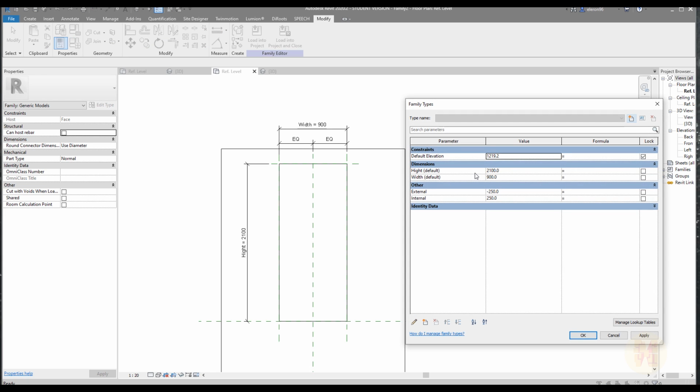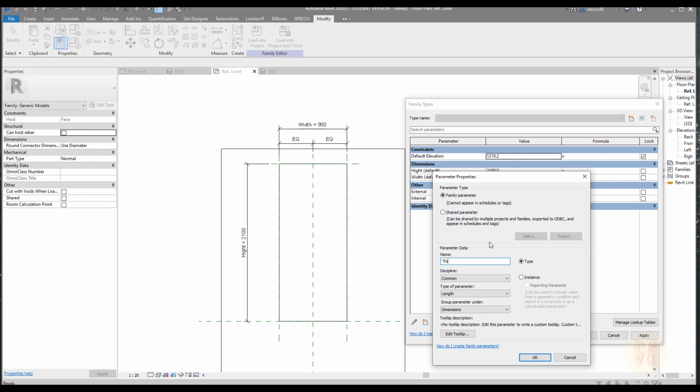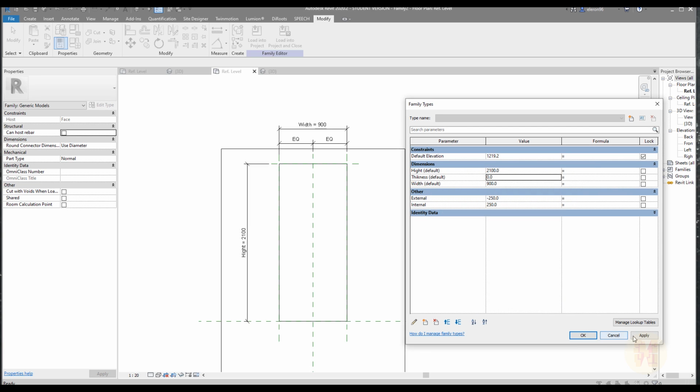So let's say our thickness, I deleted the parameter, and it will be instance. Let's say apply. Let's place it here. Let's say our thickness will be like 25 millimeters. Why not? So if it's 25 millimeters,